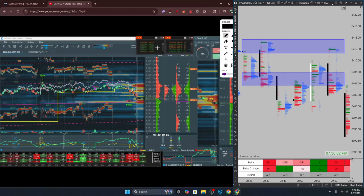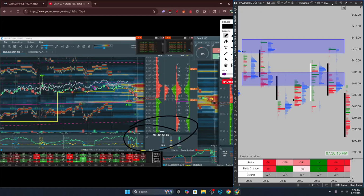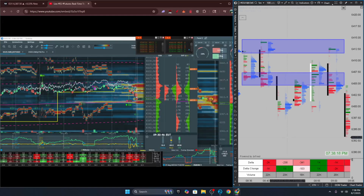We can't predict where price will go simply by looking at this. Sure, you might be able to make an estimate that price may want to go down because this big area of passive sellers is there. But realistically, right when market opens, we don't have that predictive power